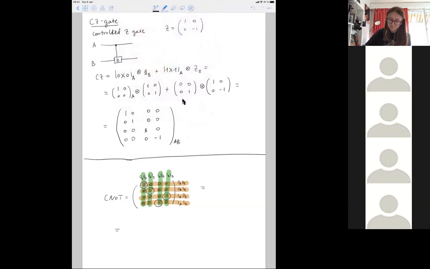And it's at the intersection of 0, 0, and 0, 0 here. So we can just write it as 1 by 0A, 0B, 0A, 0B. Plus the second one is an intersection of 0, 1 and 0, 1. So again, we can write it as